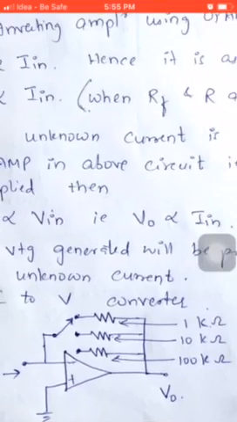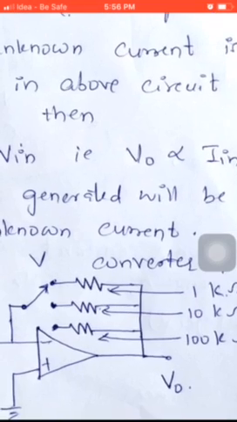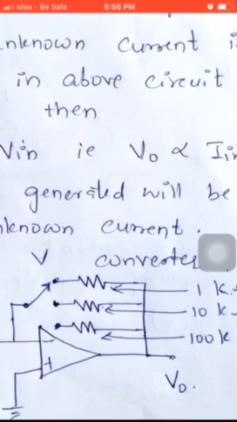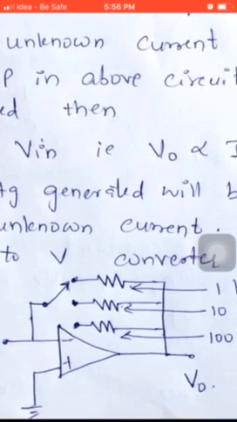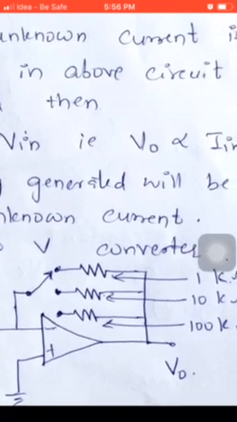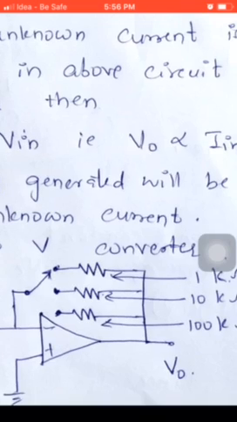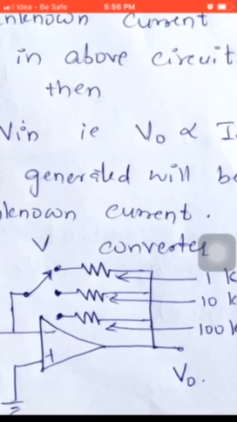Okay, so depending on what resistance you are selecting in this particular circuit, you can decide the amount of current that can flow in the feedback path, and then that amount of current which flows in the feedback path will be in turn converted into equivalent amount of output voltage. So the output voltage will be directly proportional to a lesser value of current or more value of current, depending